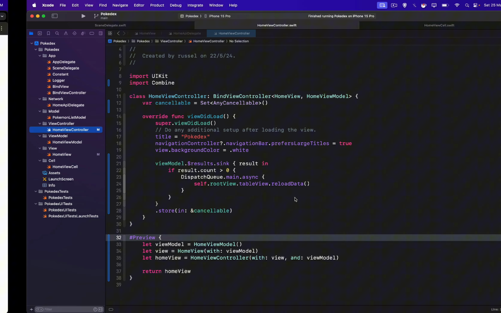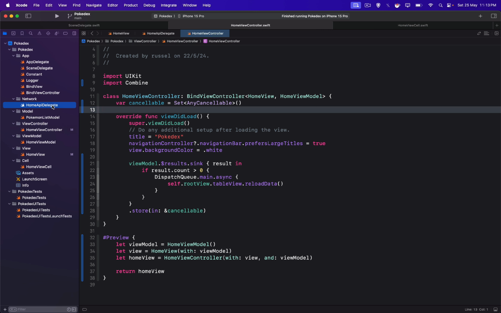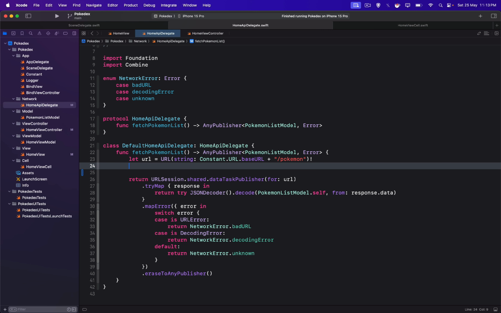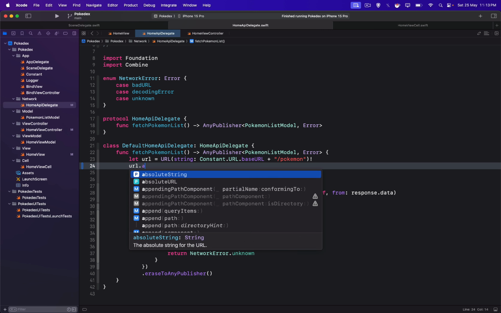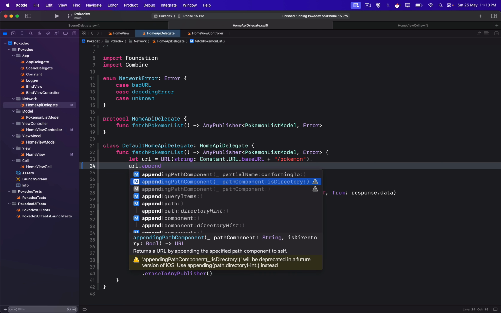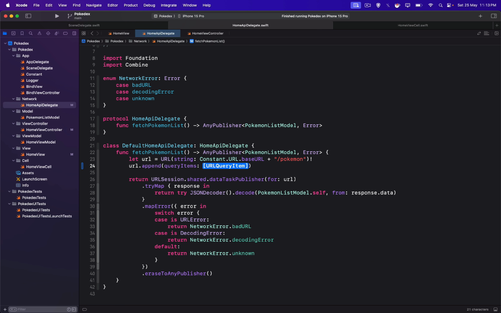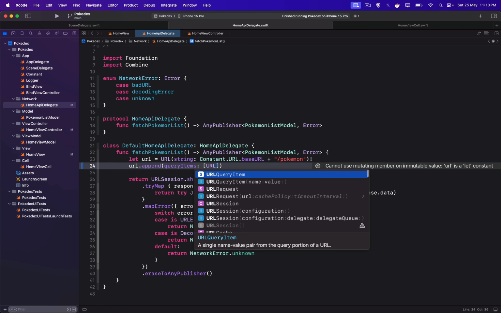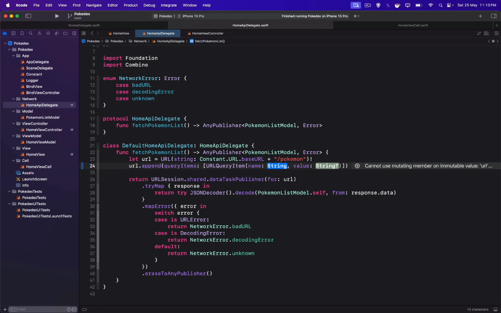So let's do that. Let's go to our home API and add the query item. URL, append query items, and it is an array of query items. So add a query item with name and value. First one is limit, and we can simply hardcode it because it's required to load 20 items in every page. So this is it. And second, URL query item,